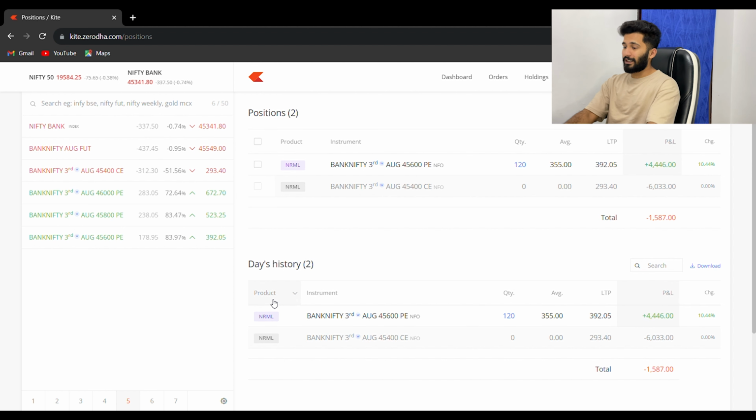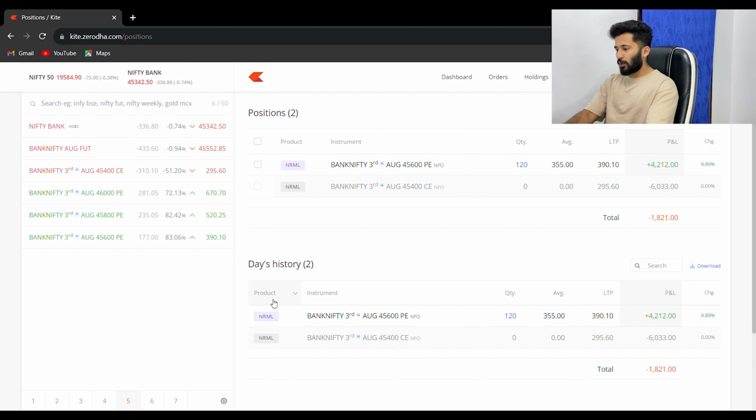We had taken a trade previously at the 45,400 call option, thinking that there might be a small reversal, but it turns out that we were wrong, and it's completely fine. We accepted our stop loss and made a quick change, and decided to take a U-turn and then accept our loss and take a slightly bigger risk